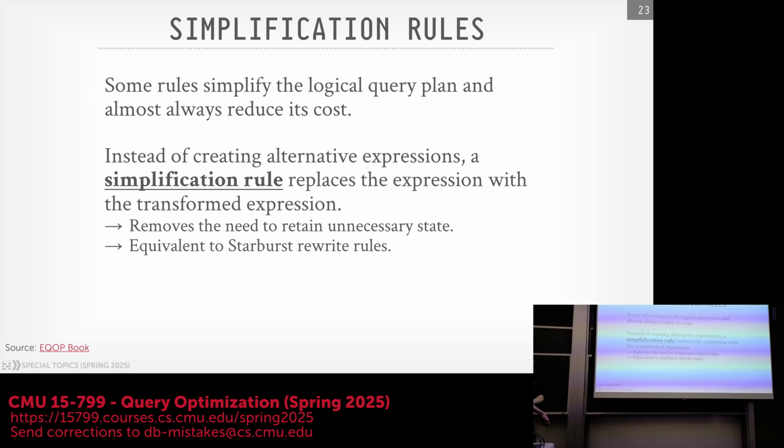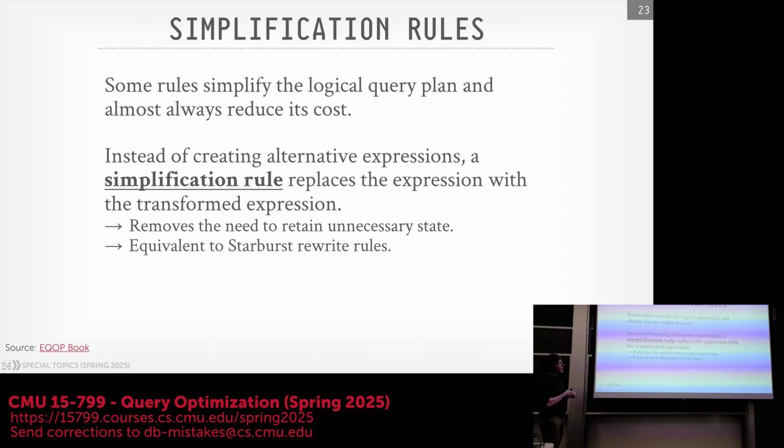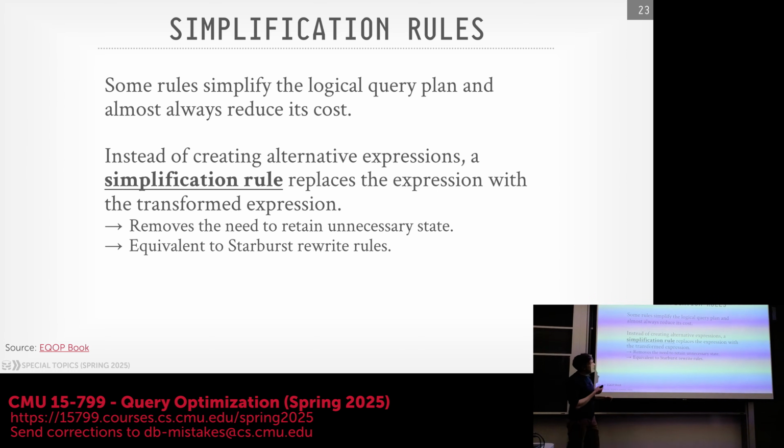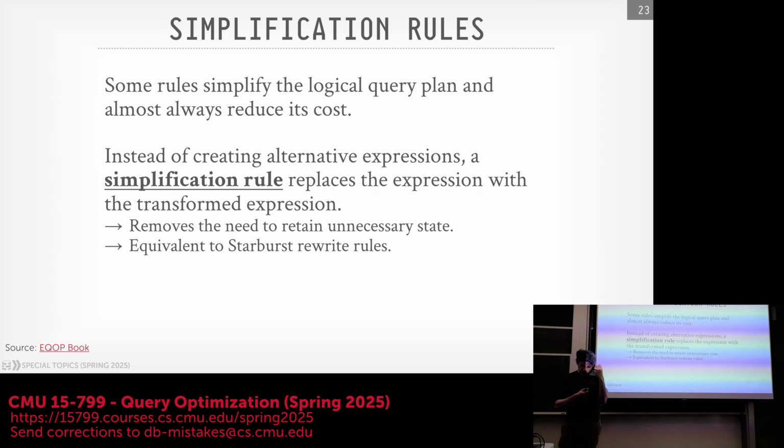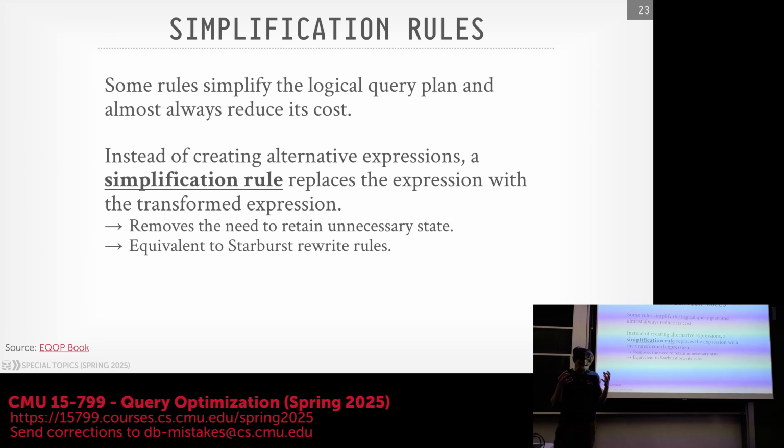So the first optimization comes from the Microsoft book. I don't think the Cascades paper talks about this. I don't remember it talking about this. Again, as I just said before, as we do the exploration of the groups in our query plan, we keep track of all the groups that we've seen before. But there may be some cases